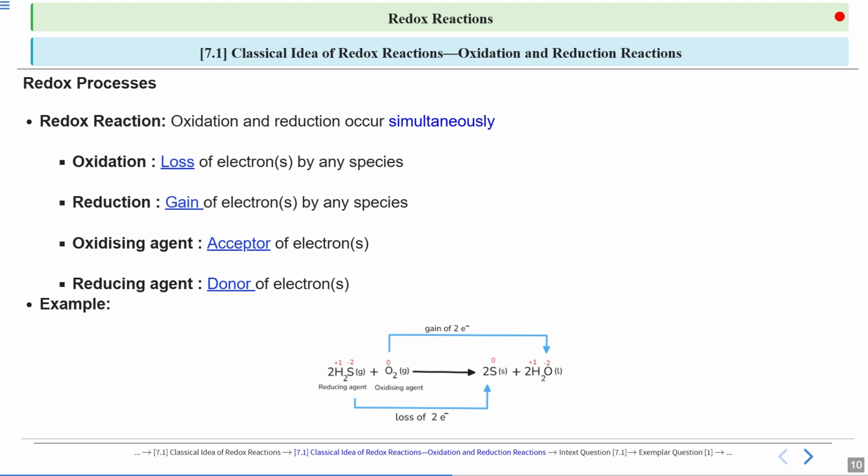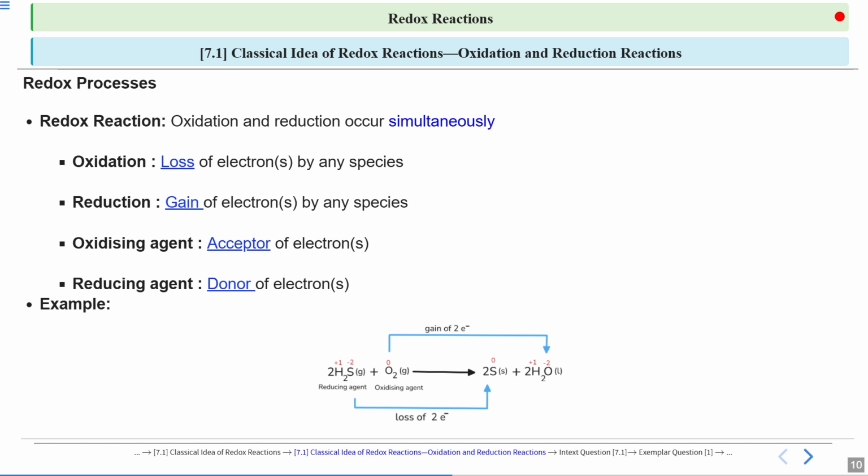So now an increase in oxidation number will directly relate with oxidation. A decrease in oxidation number or the gain of electrons would be related with reduction. So here you will find that from 0 to -2, there is a decrease in the oxidation number. That means the gain of electrons. And how many? 0 to -2 means 2 electrons. So this would be considered as the gain of 2 electrons.